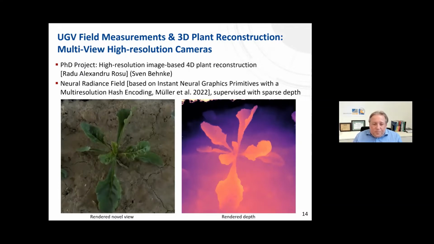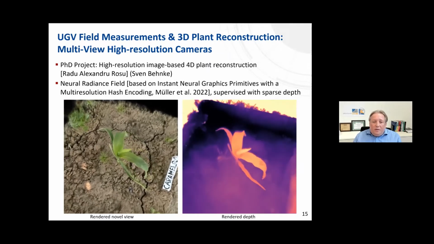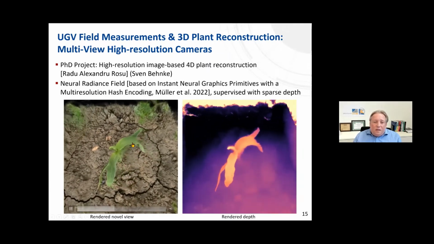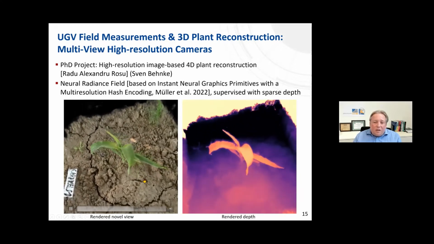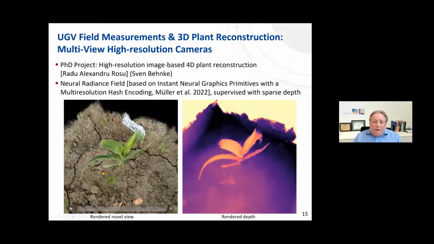And in addition to that, Alex used the sparse steps coming from structure from motion, multi-view stereo, as an additional supervisory signal. So he also says that at the points where we think we know the depths, this depth image should look like what we think it should look like. And this allows us to give a quite complete view of the plant, which is at this point a bit less detailed than the actual texture that we have from the individual images, but it's already quite complete,